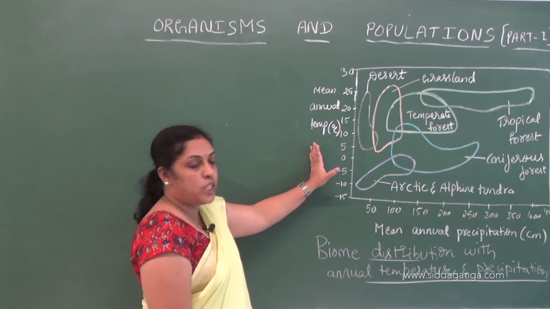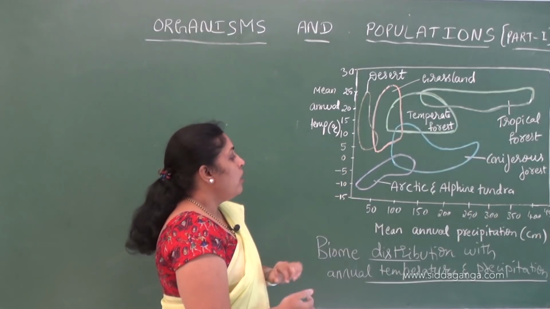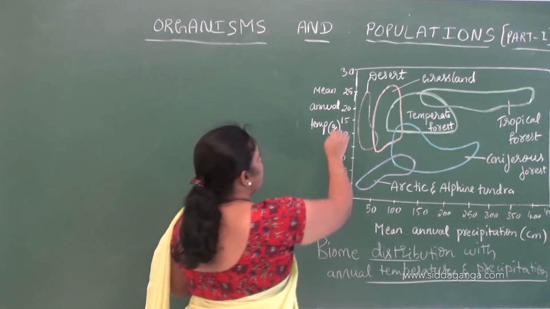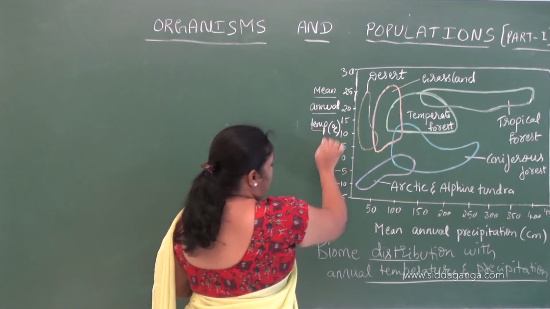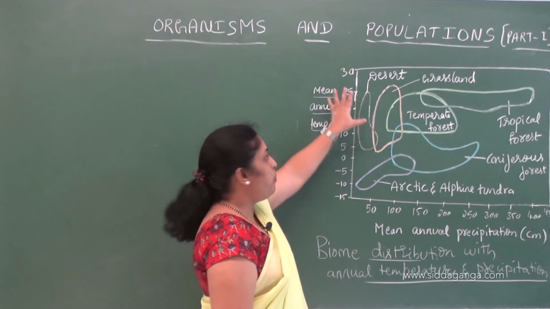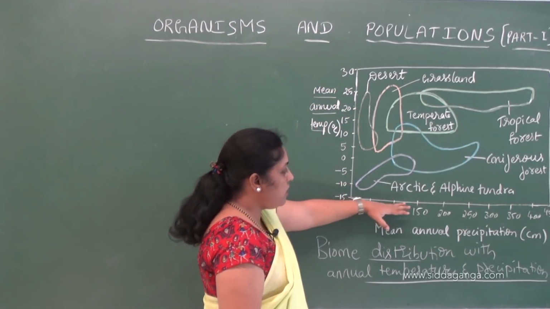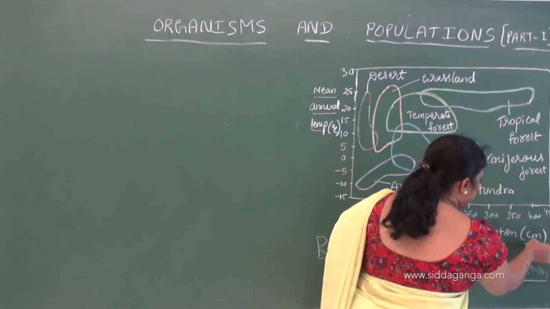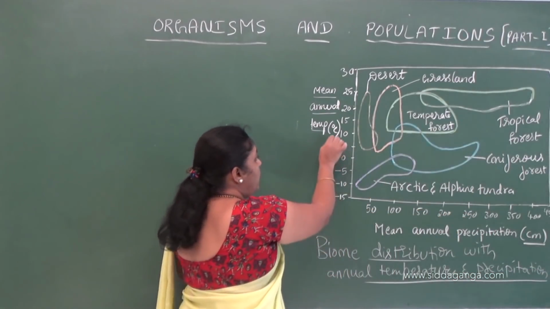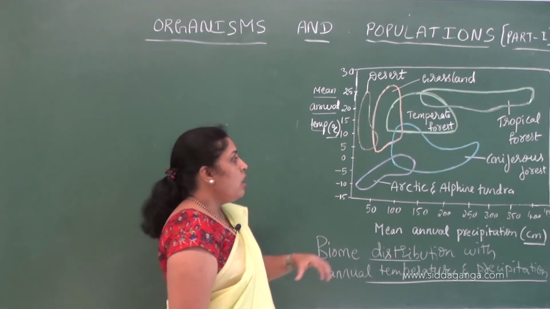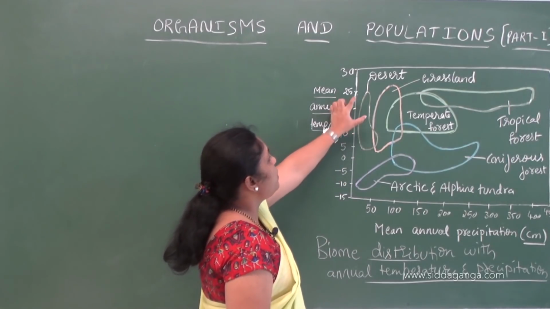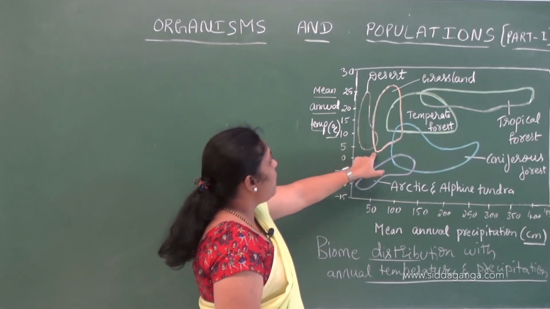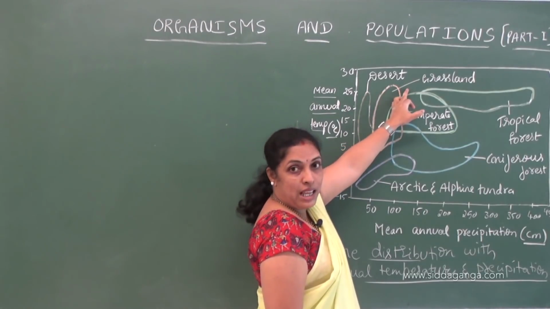So, this diagram explains different biomes with annual temperature and precipitation. Here, this axis represents the mean annual temperature and this axis represents the mean annual precipitation in centimeter, that is also very important, and temperature in degree centigrade. So, at a temperature between 5 to 25 we have desert biomes, and again 5 to 25 we have grassland,